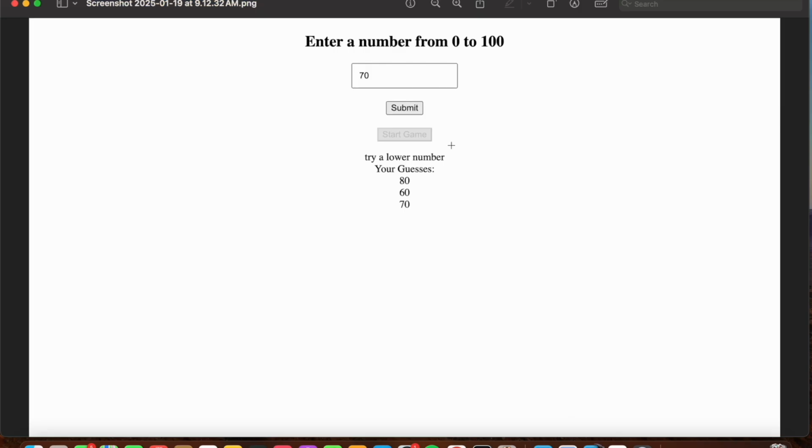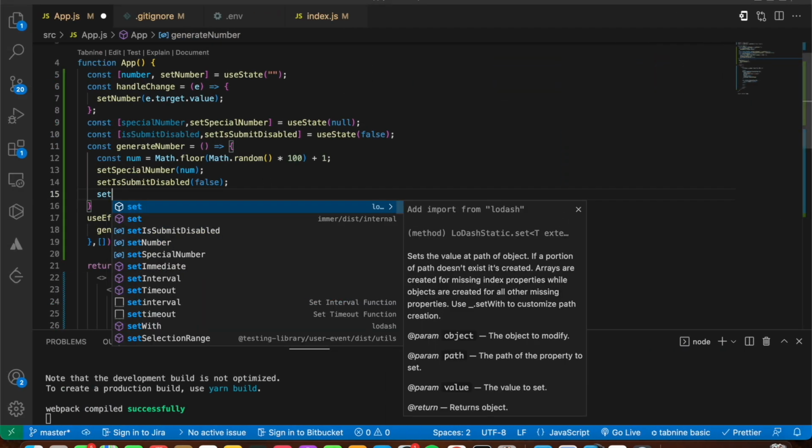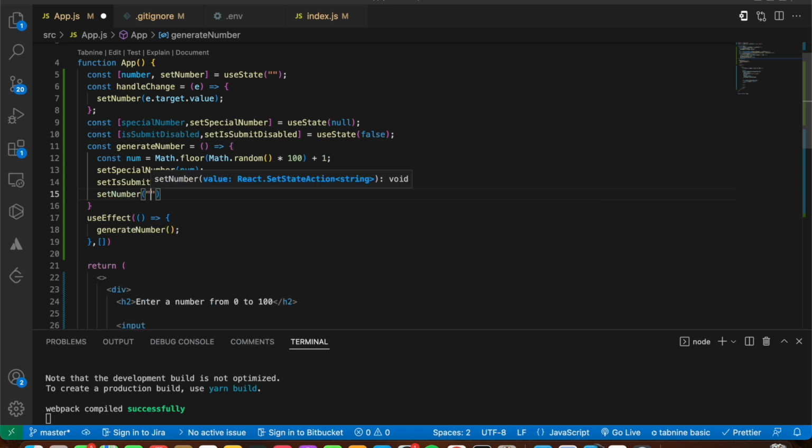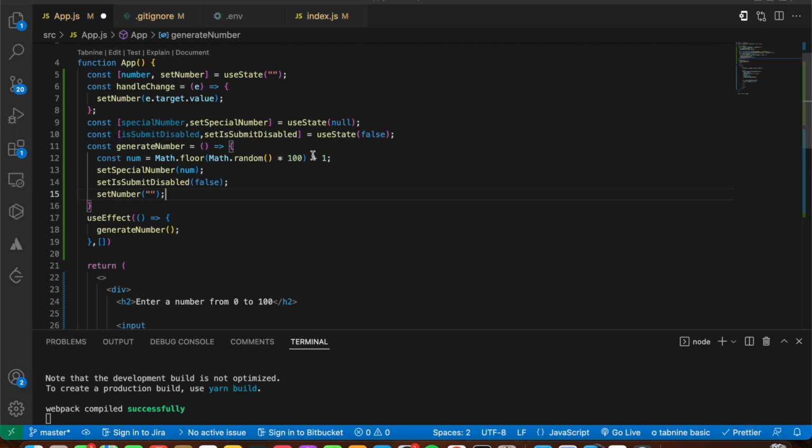So again, once you press on start game, this particular previous input that is present should be cleared off, right? So for that reason I'm going to set your number to also be an empty string to start off the game, and then again the text input would be empty for the user to enter the next number. So let's try to save the file,